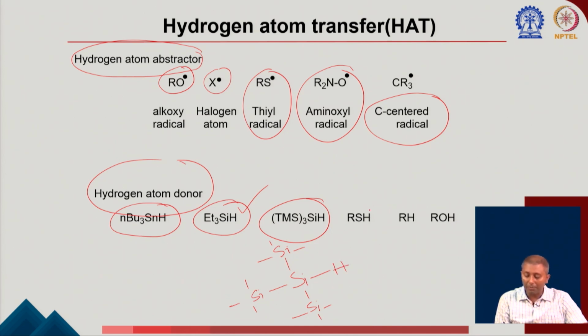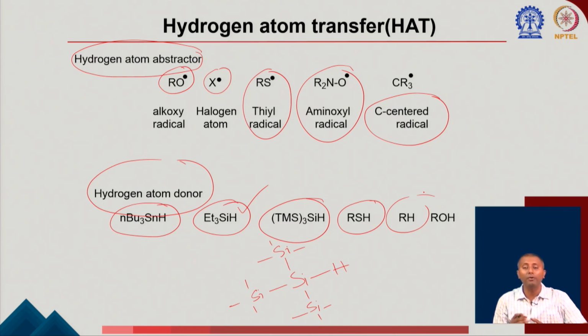And then we are going to talk about the RSH, again thiols. I am going to talk about how they are also very good hydrogen donors. Then there will be some examples with alkane and alcohol. Okay. So the important thing is when I talk about the hydrogen atom abstractor and hydrogen atom donor, there is